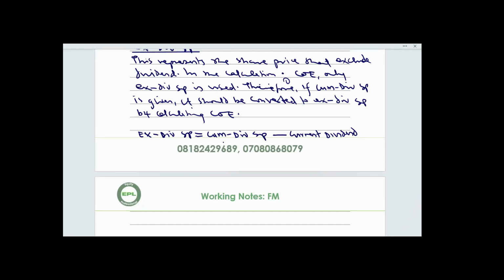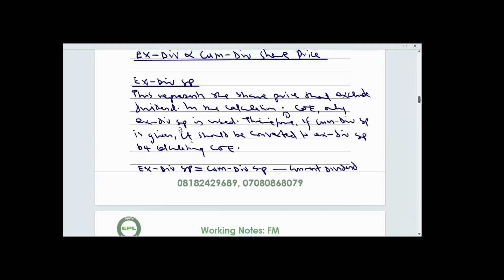Okay, so what I'm trying to explain here is that on the day of your exam, the examiner may tell you that the company is financed with 1,000 shares of 1 naira each, quoted at 50 kobo, CumDiv. So once you hear CumDiv in the question, it means that the dividend has not been paid.